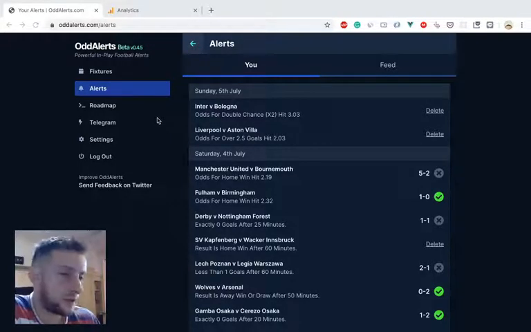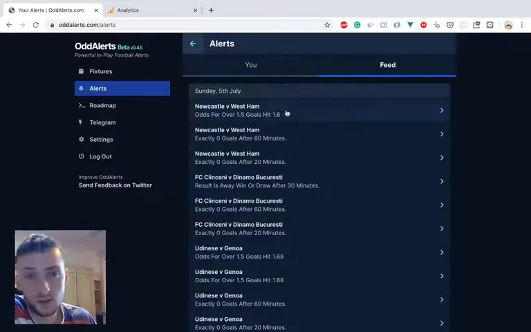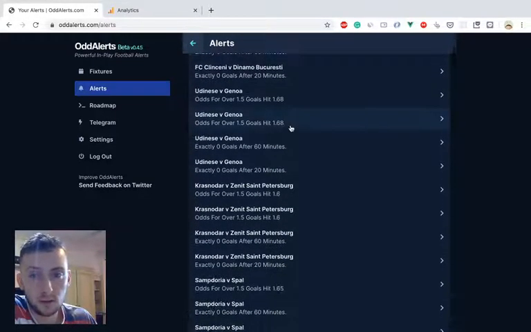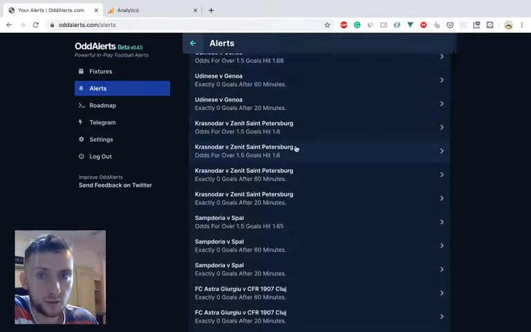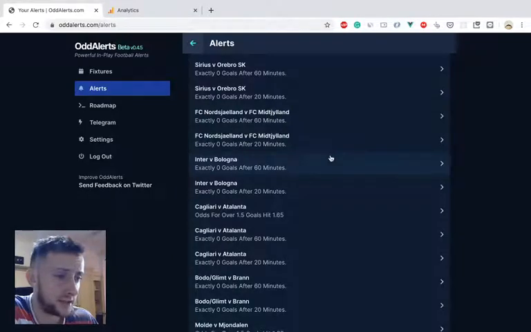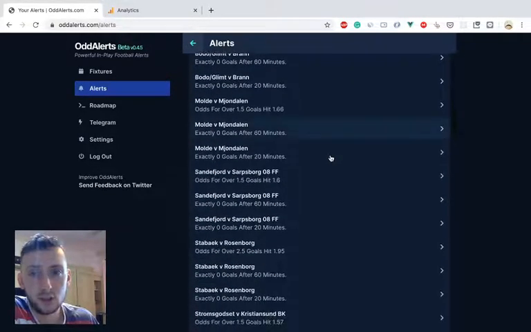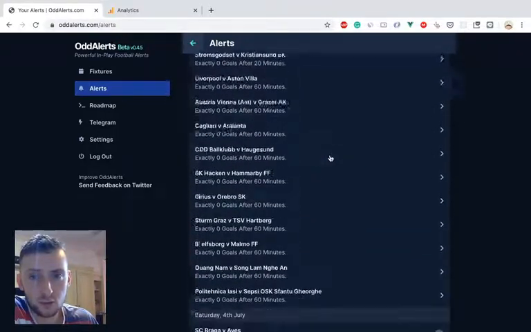The alerts page, you can now see other people's alerts, which is good to get an idea for what people are using this for. And people are using it now, people are making a lot of alerts, which I'll show you in the analytics. These are all for today, and bear in mind I'm in Asia, so I'm 7 hours ahead, and it's 10 a.m. here, so it's 3 a.m. in the UK. But there's still a lot of alerts for today, over 100, and people are yet to wake